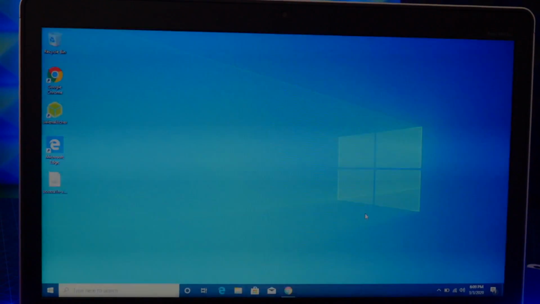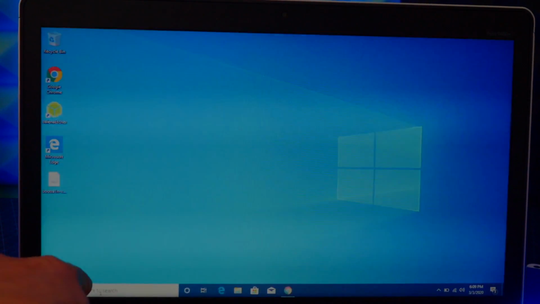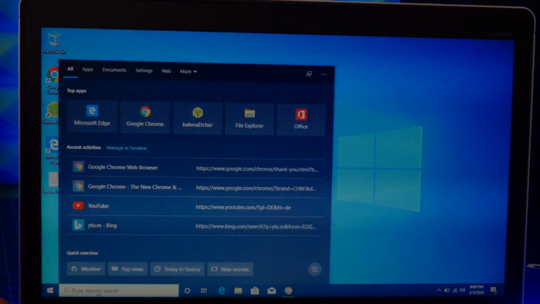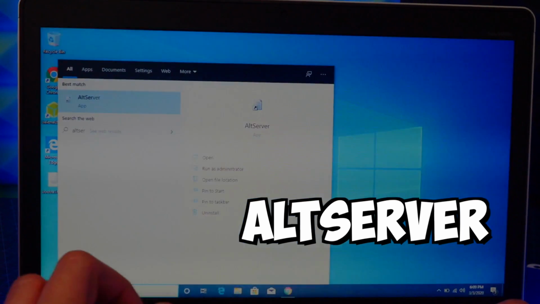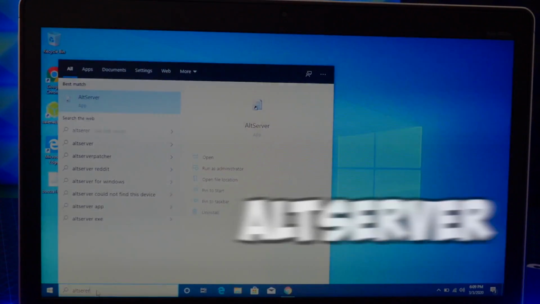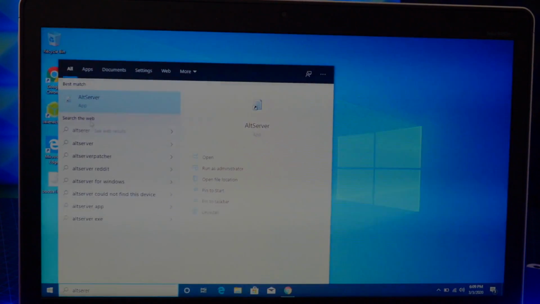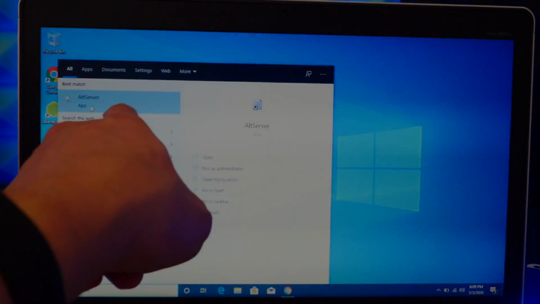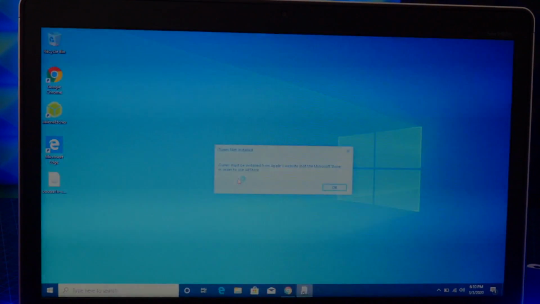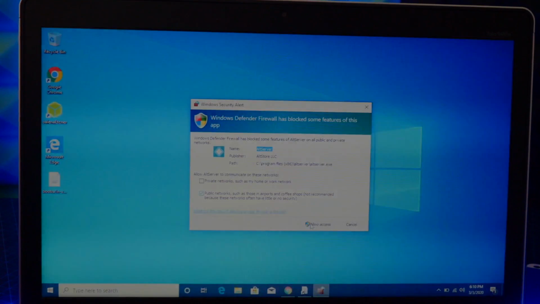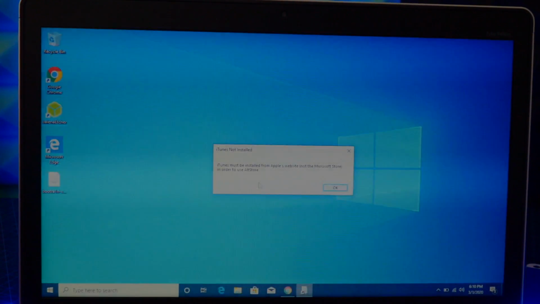And alright, so once it's installed, you want to go to the search on your Windows computer, and once there, you're going to type in AltServer, no spaces, and there it is, the AltServer app. So I can see it's right there. Let's go and double click on it, and it should open up like this. All you want to do is click on Allow Access, and once you do that, it'll go ahead and say